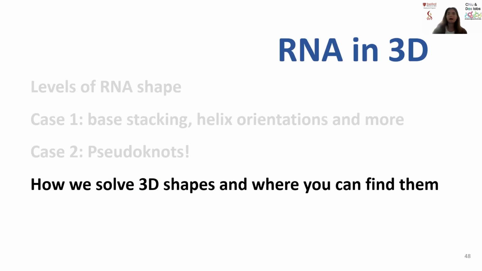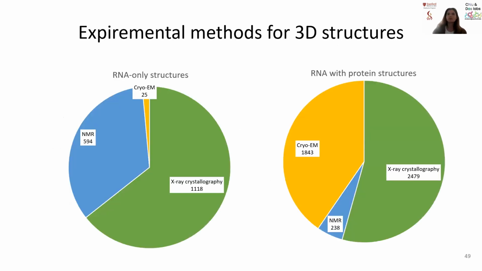All right. So briefly, I've talked about 2 techniques, NMR and cryo-EM. But where do most of our structures come from? So this is a breakdown of the database of all of our 3D structures. On the left, I have RNA-only structures. And then the 3 main techniques, NMR, cryo-EM, and X-ray crystallography, which is still the most abundant technique that we get